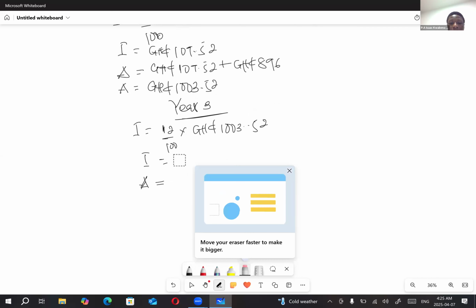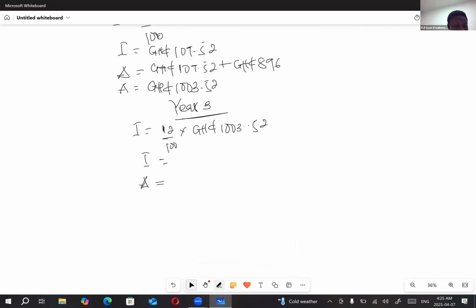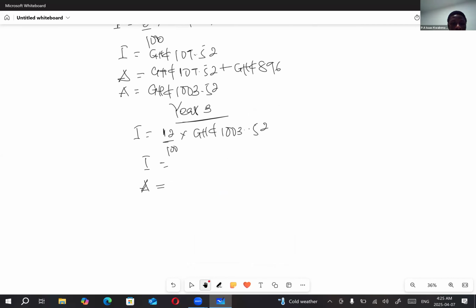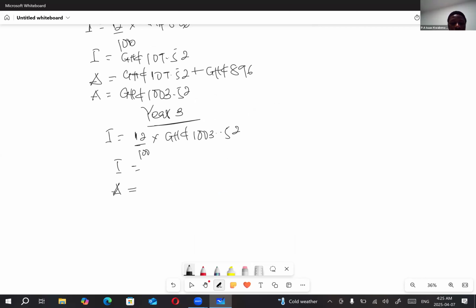You have to introduce the currency. It's important. So the amount will be 120.422